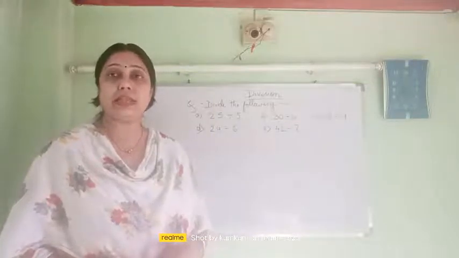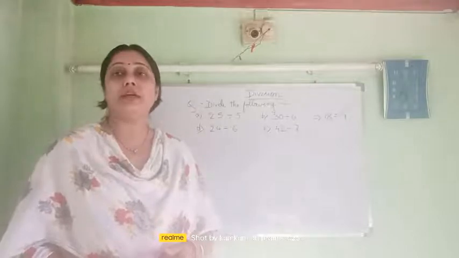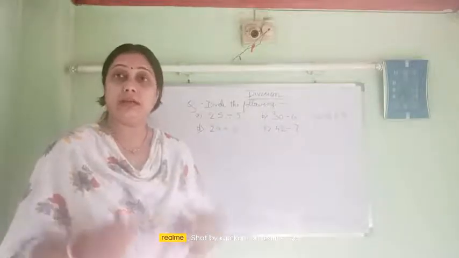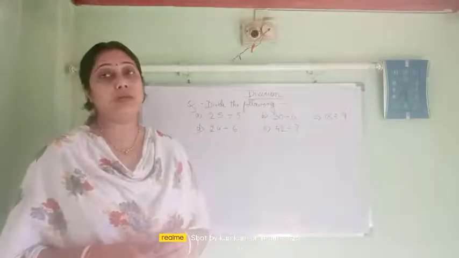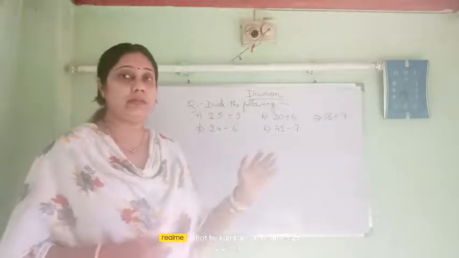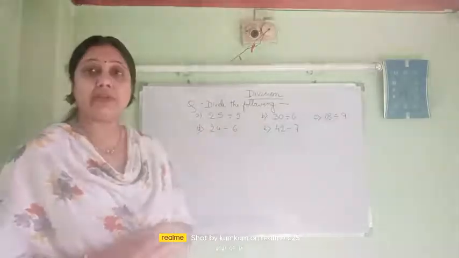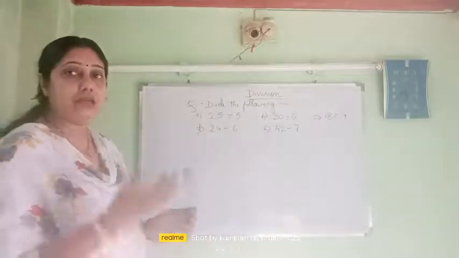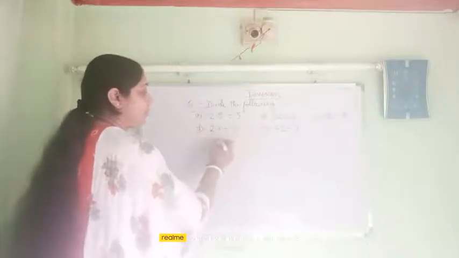In my previous class also I explained the division fact and what is known as division, divisor, dividend, quotient. Today I will explain more from the given examples. Now see, the first question I have given here, 25 divided by 5. How should you do it? First you will write the greater number, that is 25,